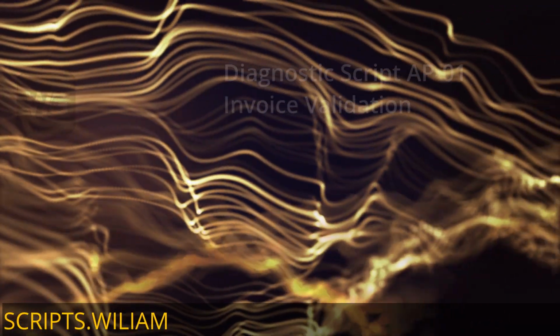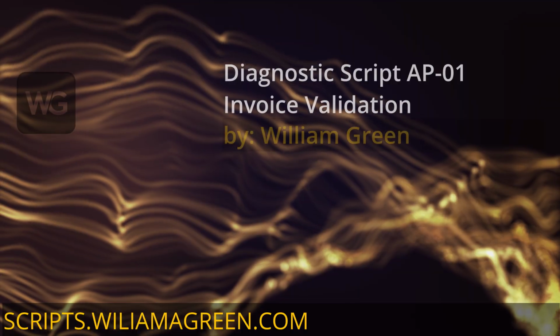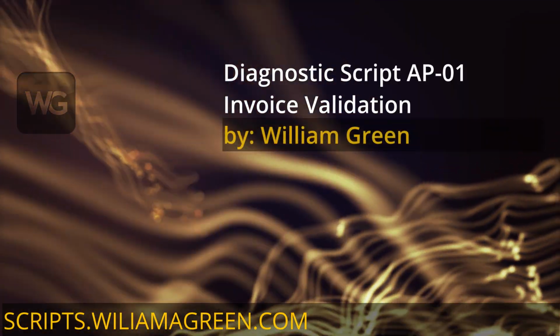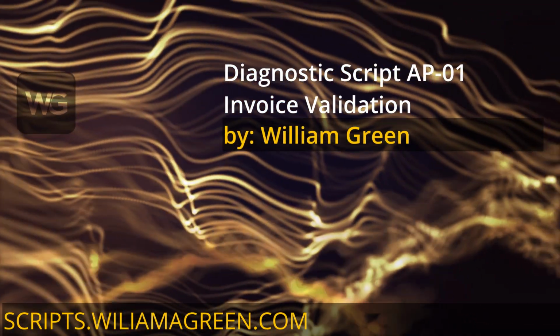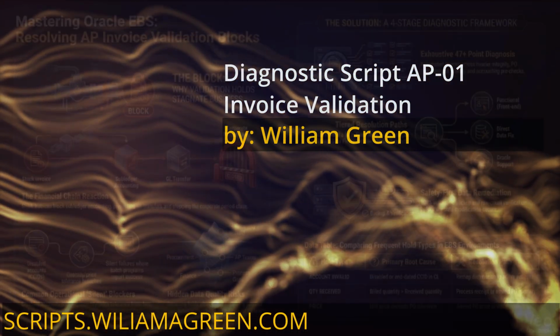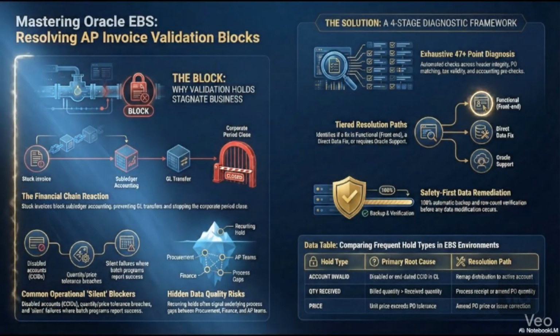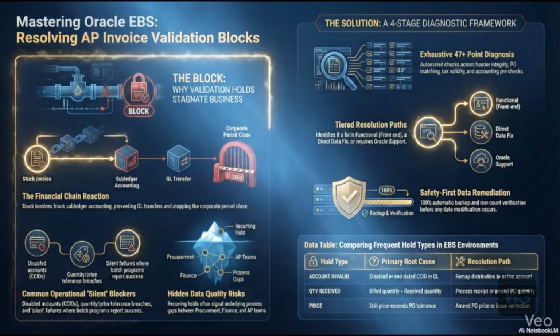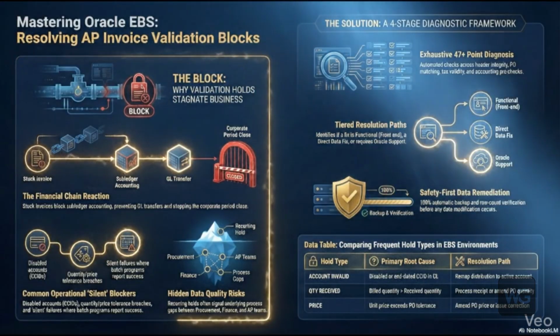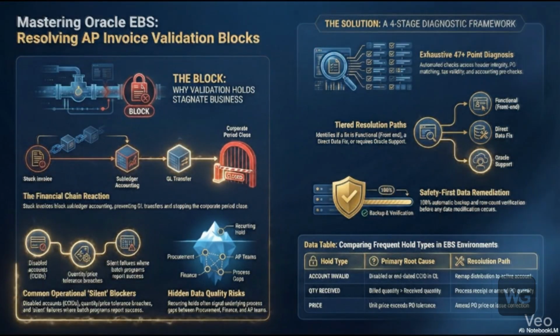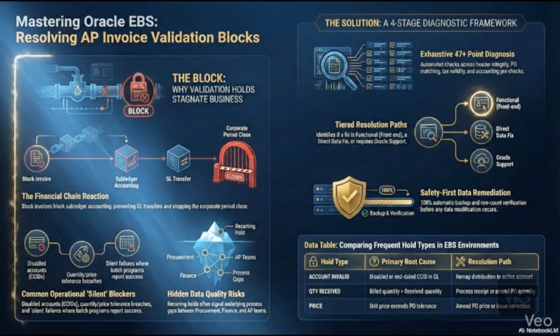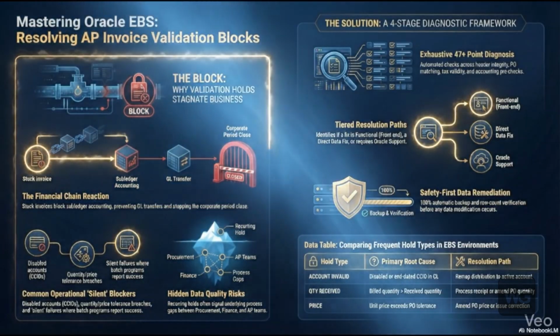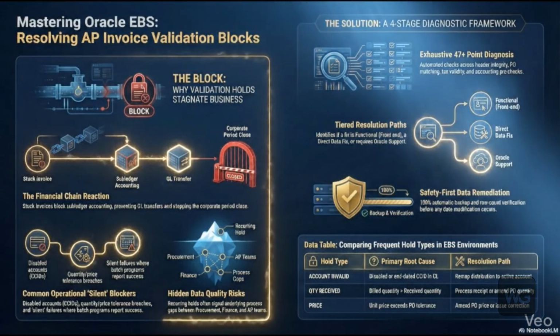It's 5 p.m. on the last day of the month. You just want to close the books, right? But the system just says no. Oh, the classic nightmare. Yeah, you have invoices stuck in that needs revalidation status. They won't pay. They won't post to the general ledger, and they're definitely keeping you late. It's essentially the check engine light of Oracle eBusiness Suite. I mean, you know something is wrong, but the error message gives you absolutely zero distinct clues on how